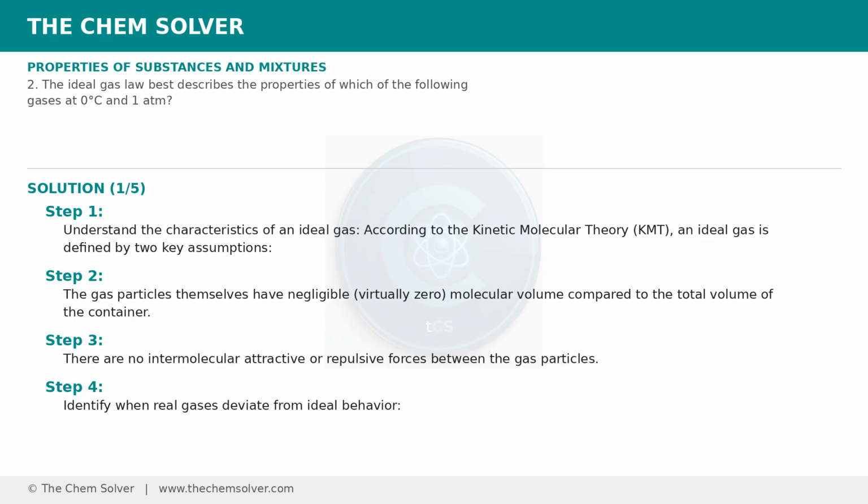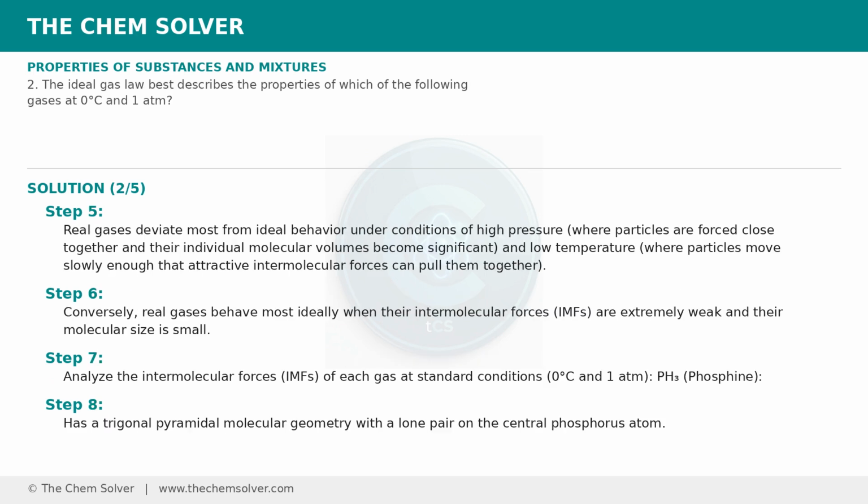Identify when real gases deviate from ideal behavior. Real gases deviate most from ideal behavior under conditions of high pressure, where particles are forced close together and their individual molecular volumes become significant, and low temperature, where particles move slowly enough that attractive intermolecular forces can pull them together. Conversely, real gases behave most ideally when their intermolecular forces, IMFs, are extremely weak and their molecular size is